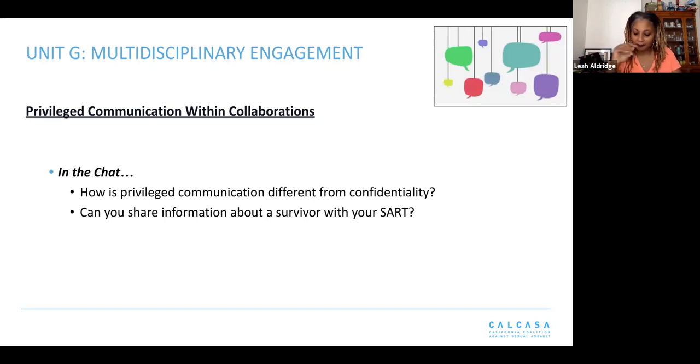under that umbrella, excuse me, I'm going to sneeze again. Under that umbrella is a legal designation, right, that bars those with protected communication from disclosure, right? So it is a legal designation that prohibits the disclosure of confidential information, right? So with that,